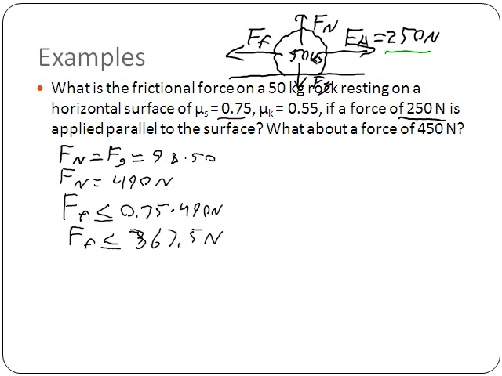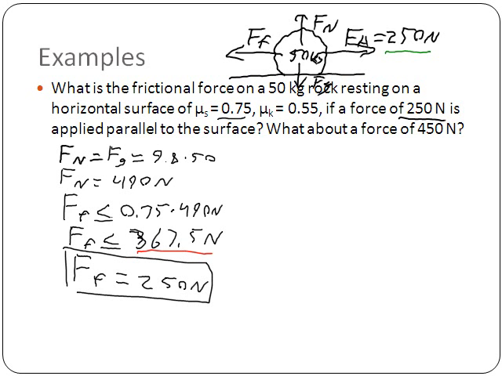They have to be, otherwise they wouldn't cancel out and it would accelerate and it wouldn't be sitting still. So that means that my actual value of the frictional force is going to be less than 367.5. It will be 250 newtons because it has to equally oppose that applied force to keep it from moving. And we know it's not moving because we have not gotten to that breakaway point. We don't have enough force to get past this 367.5. Okay, so that's our first question here. Second part of the question,